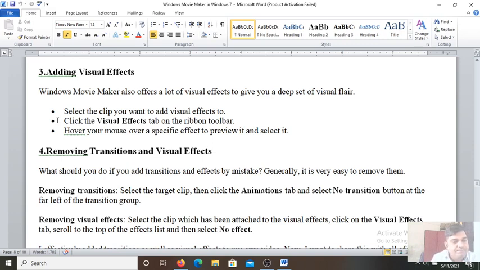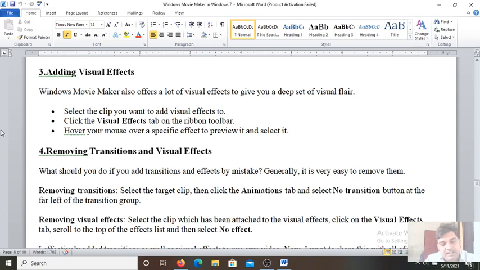Visual effect tab. Many effects are there. So click on the more drop down arrow at the bottom right of the list and the list will expand in the various categories like artistic, black and white, cinematic, mirror, motion and fades. Click on the desired video clip or image and select any effect.